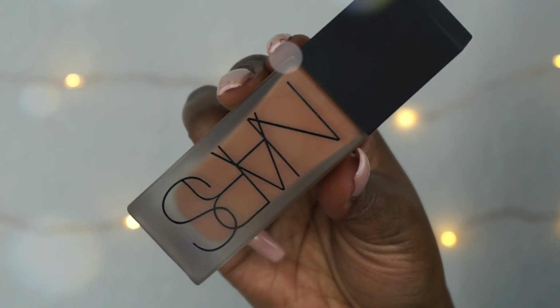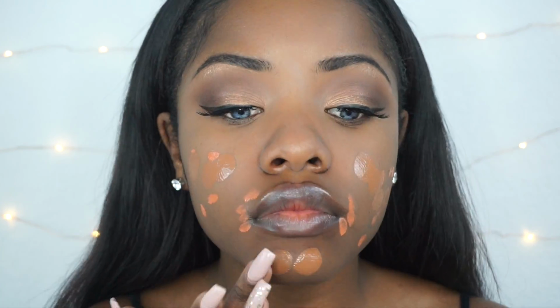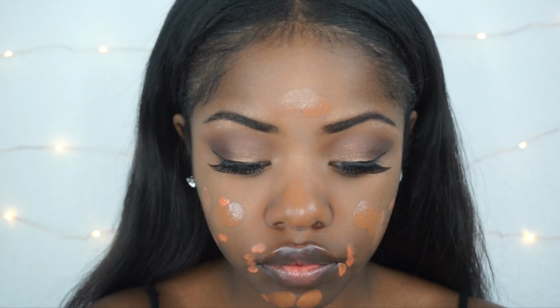I've been breaking out pretty bad, but I'm getting it under control, so I'll probably do a video on that really soon. I'm also going to be taking the NARS All Day Luminous Foundation. I've recently fallen in love with this foundation. I really like the way it makes my skin look, so I'm just placing that over the color corrector,